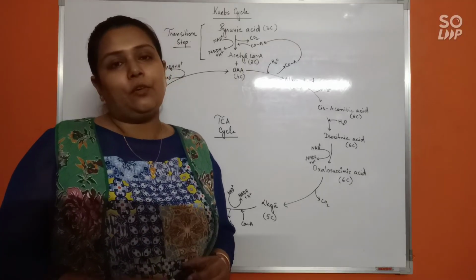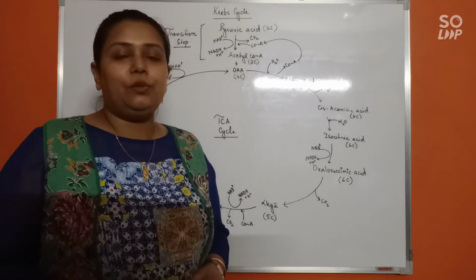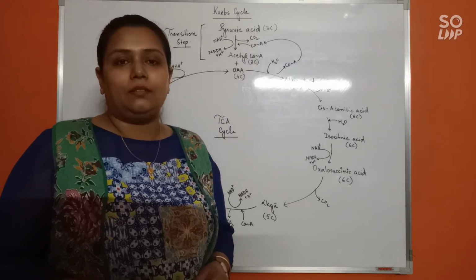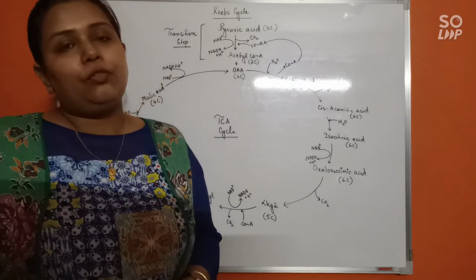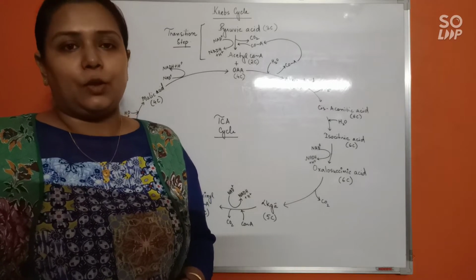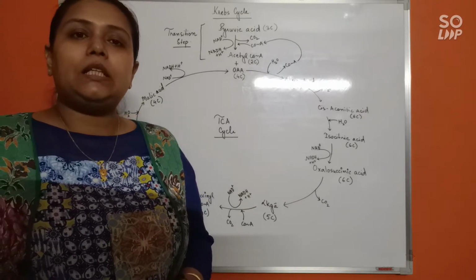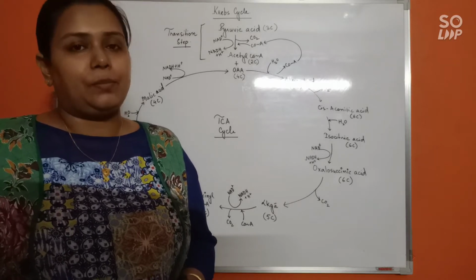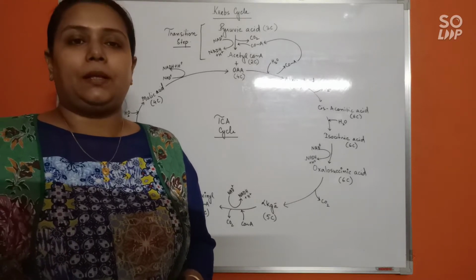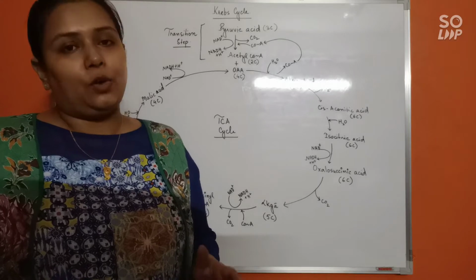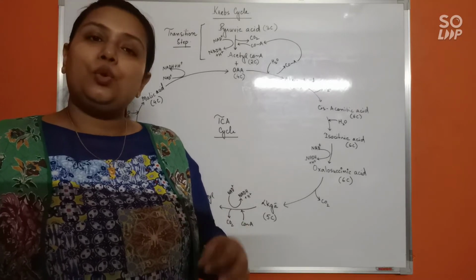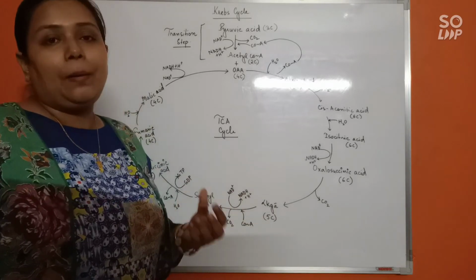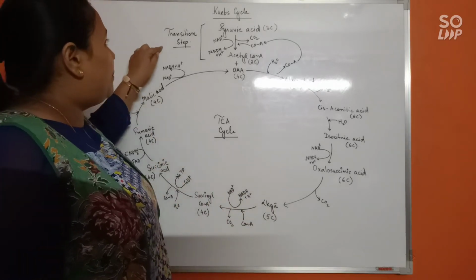Now that the fate of pyruvic acid is clear to you, we are finally going to discuss today about the Krebs cycle. As you know, pyruvic acid formed during glycolysis has to enter the mitochondria. Only then can it enter the Krebs cycle. So, for the pyruvic acid to enter the mitochondria to perform in the Krebs cycle, there is one step called